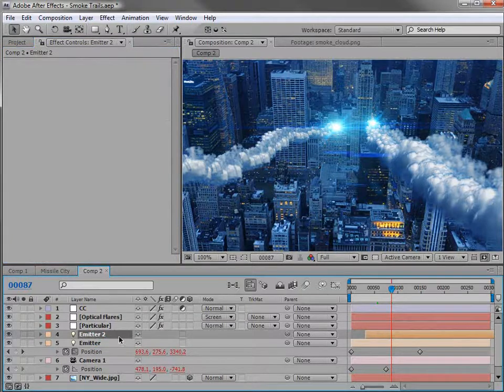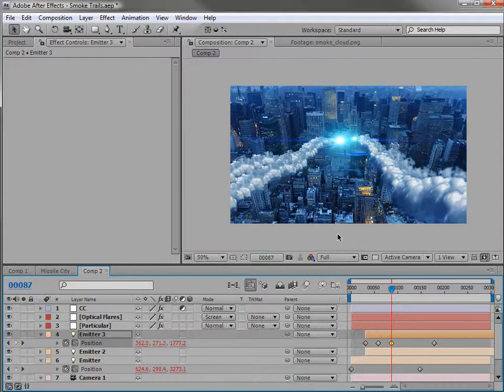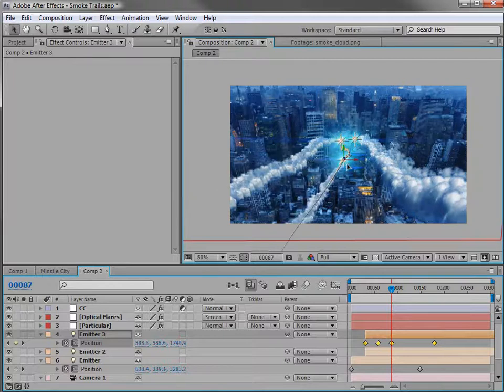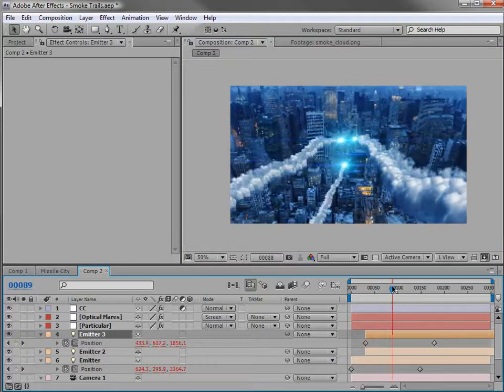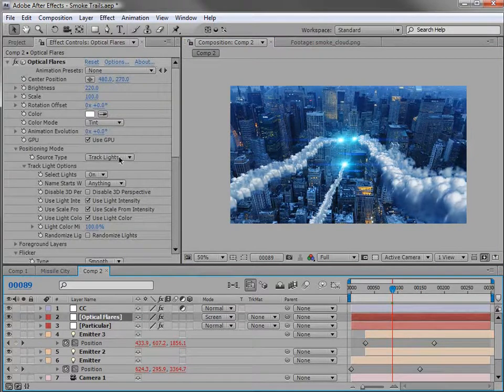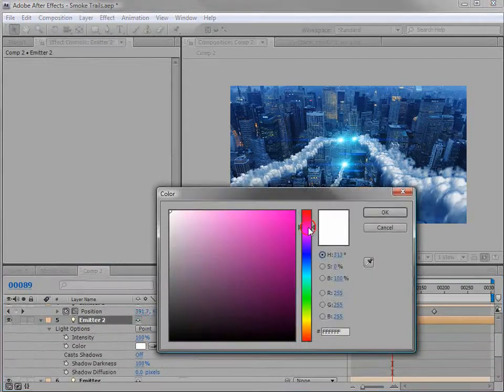So if we were to duplicate the light here, make another emitter, and Control-Shift-H, we'll go ahead and just move it down. So here we have 3 missiles, and we have 3 flares now, and I didn't have to do anything other than duplicate it because optical flares actually tracks lights that are on, and you have a lot of control over how they're affected. And if we change the color of the light, if we hit AA, we could change the color. Maybe this is a